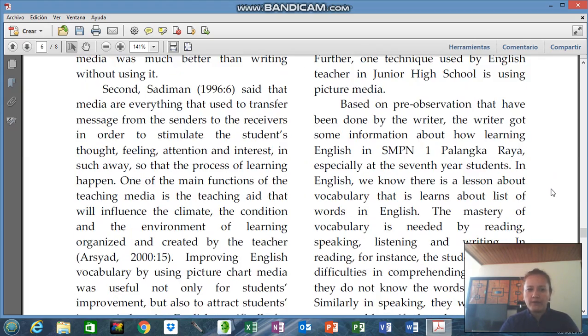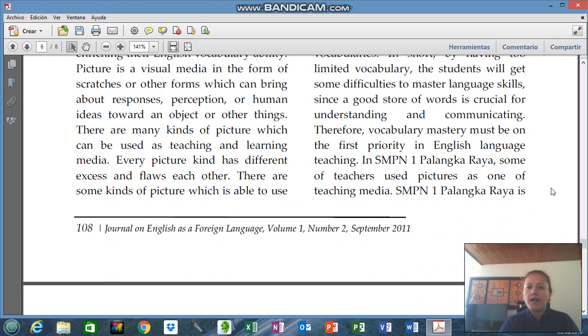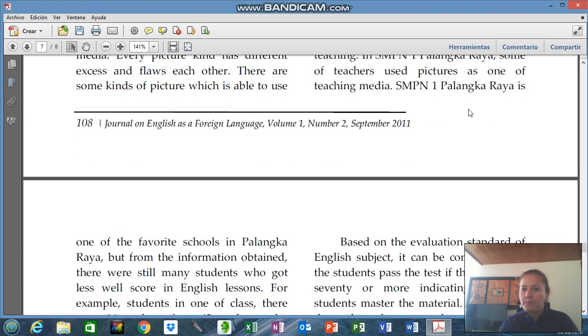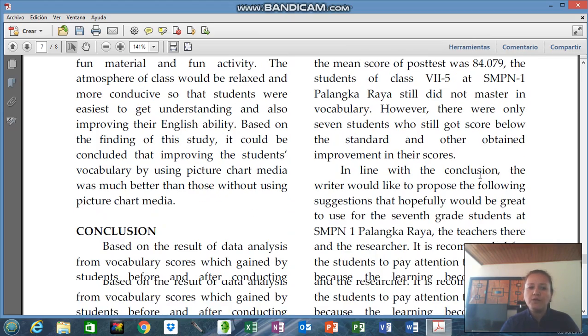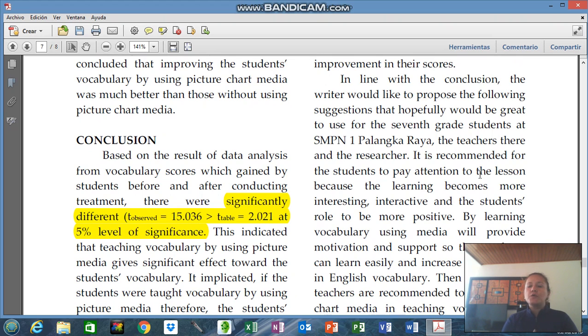We can go down on the paper, which is telling us how vocabulary can be mastered, how using pictures as one of the teaching media tools helps significantly to get